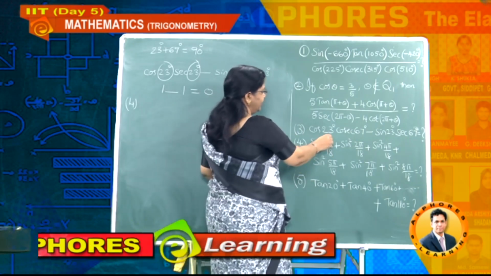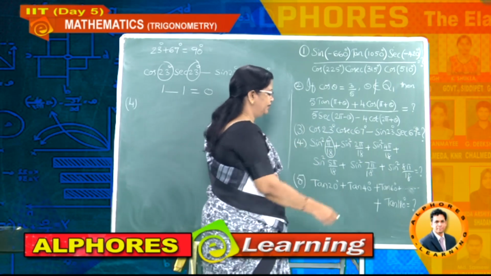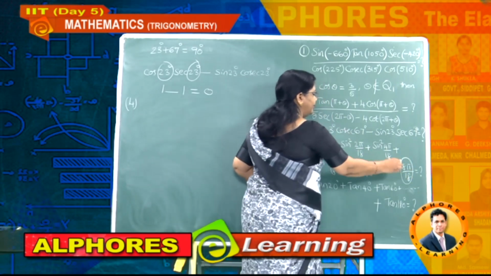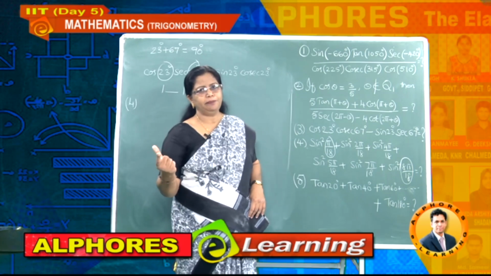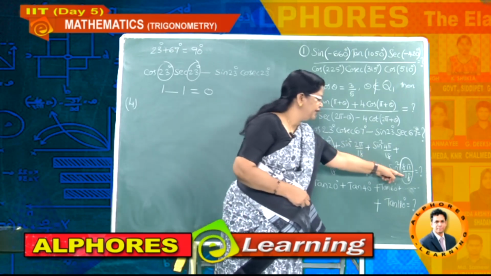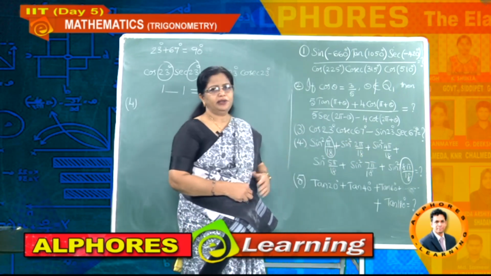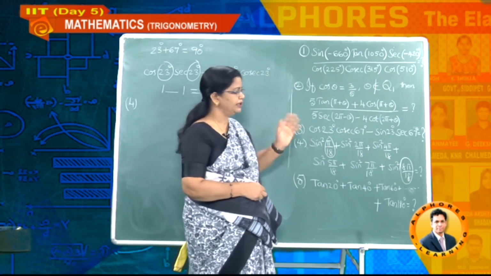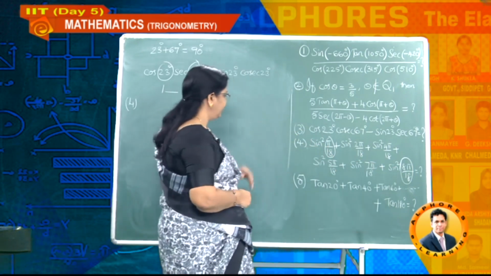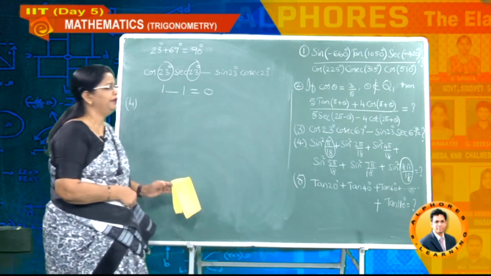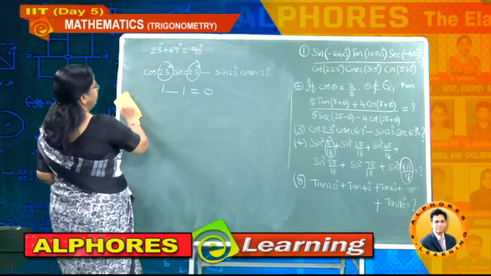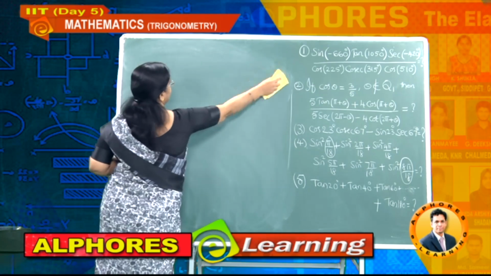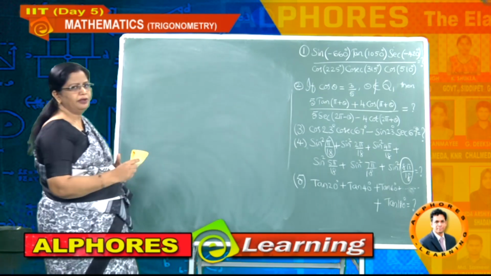Observe, this is the angle pi by 18 and this one is the angle 8 pi by 18. What is the sum? It is pi plus 8 pi, same denominator, so 9 pi by 18, and hence it is pi by 2. So you got again what kind of values? Complementary values. So once you got complementary angles, definitely you can solve the problem very easily.